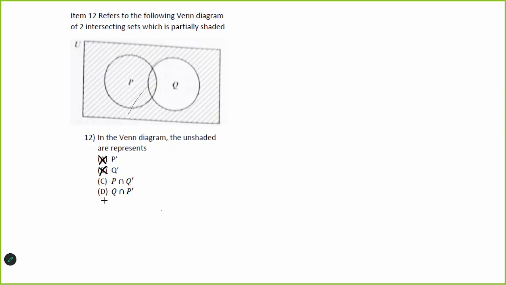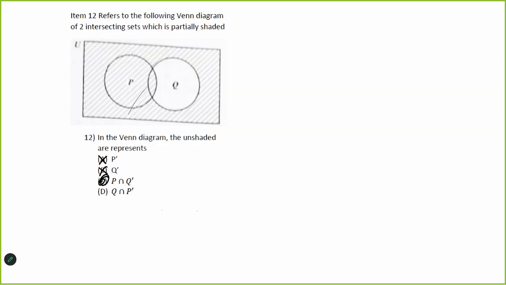It would be P intersect Q complement. So P intersect Q and everything outside of the intersection of P and Q. So it would be everything outside of Q, which is C. And that is the end of